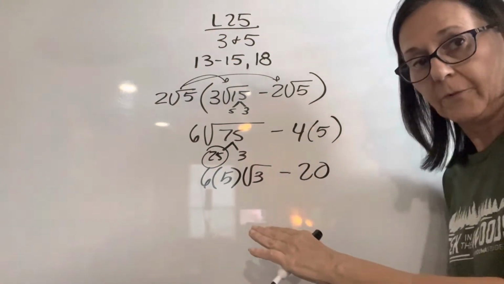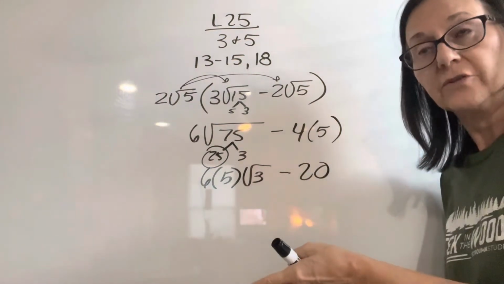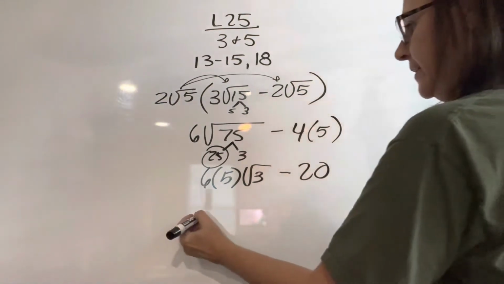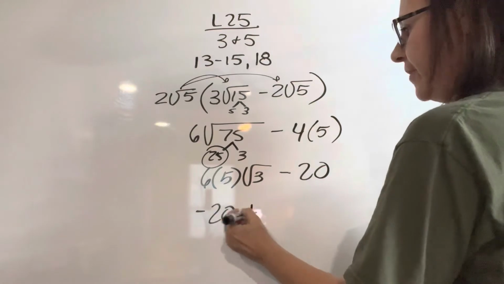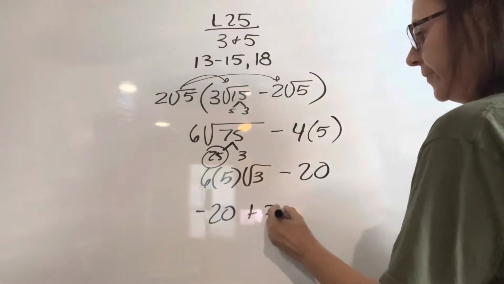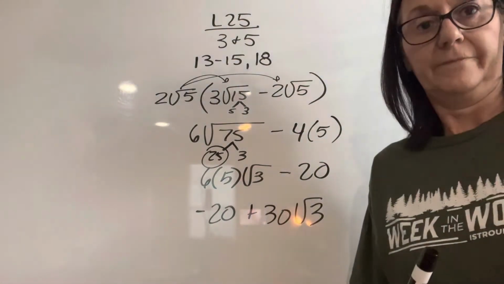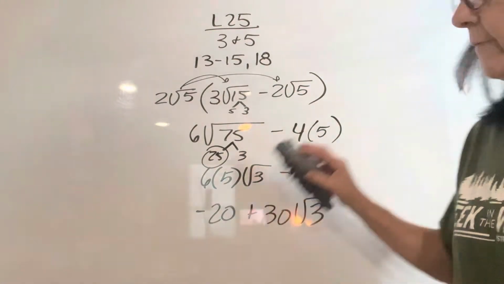I'm going to put this in proper order because we go rational, irrational, and imaginary. So my negative 20 is going to go out front, and then we're going to put 30 square root of 3 because 6 times 5 is 30. All right, now we have